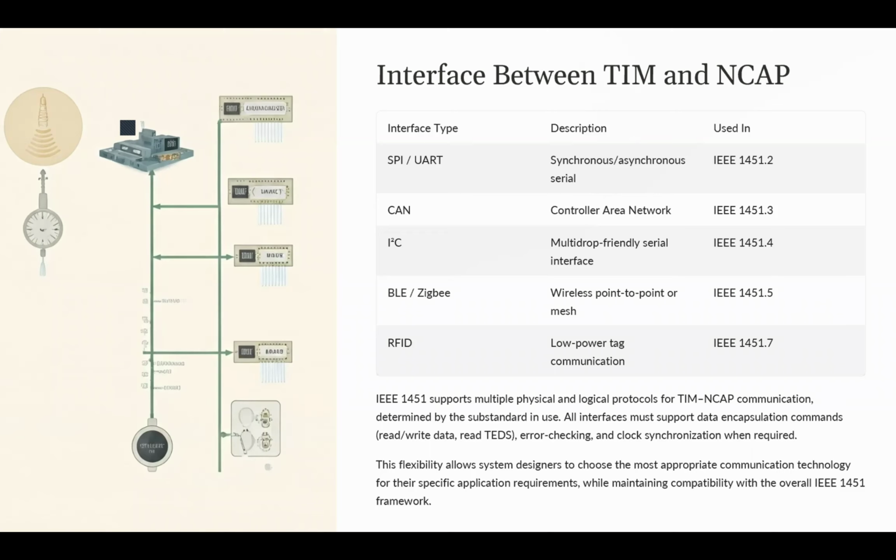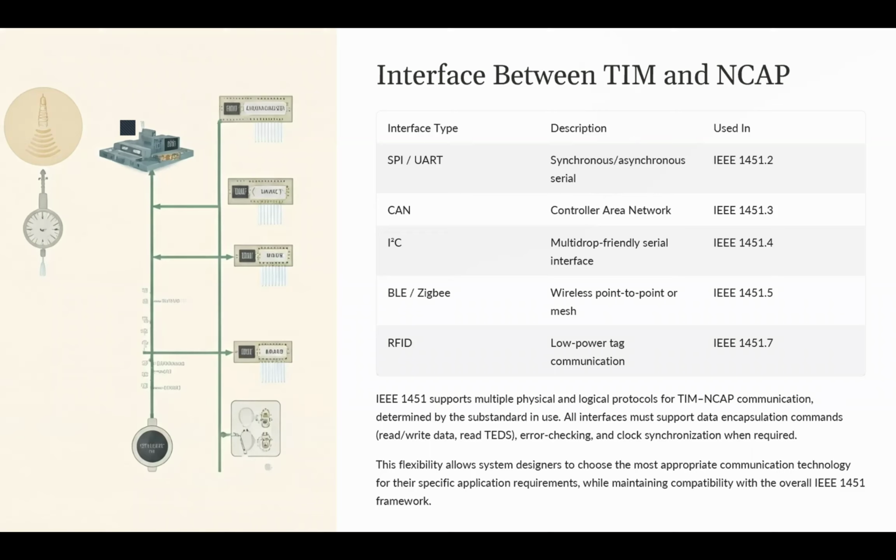Okay, we have a low power tag communication, which we know as RFID, which is one of the examples. Part 7 of 1451 covers that type of interface. And basically it leverages RFID for low power or ultra low power communication with the transducers. So it allows passive or battery-assisted sensors to transmit the identification and the measurement data